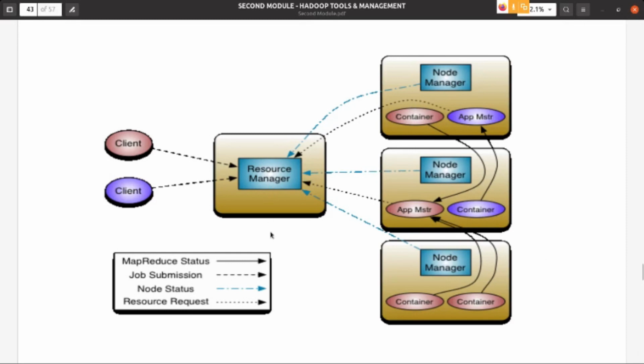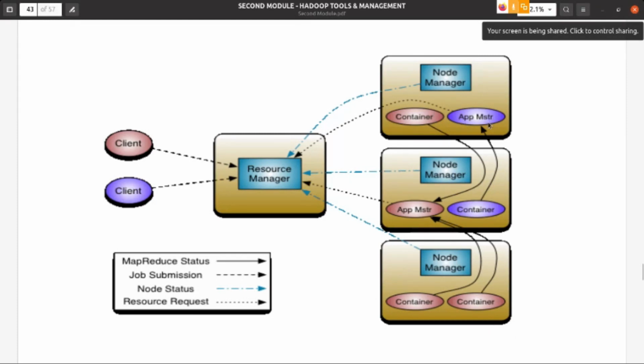So the resource manager is running in the master node. In a Hadoop cluster, you need at least one master. Inside the master, you can see the resource manager. This is the resource manager of YARN, or of the Hadoop cluster. Then see these blocks, 1, 2, 3 on the right side. These are single nodes: node 1, node 2, node 3. With respect to each node, there is one node manager. The first node manager will manage the first node, the second node manager will manage the second node, and the third node manager will manage the third node.